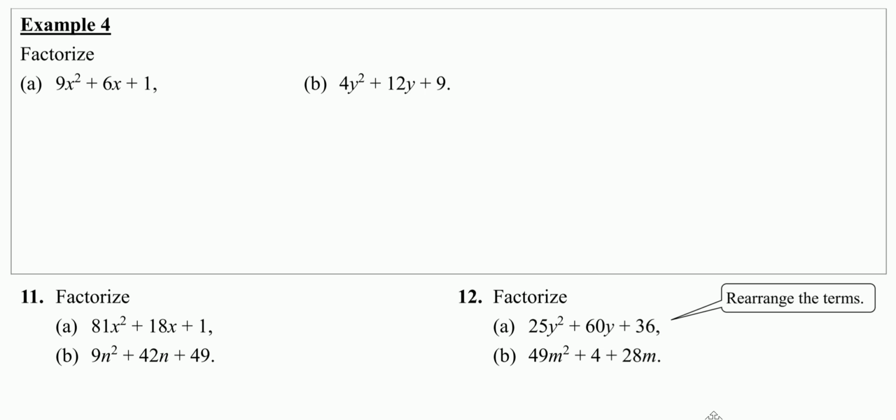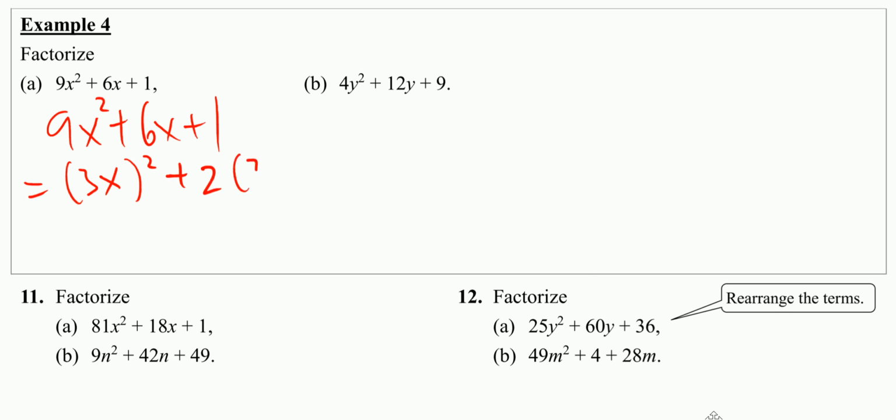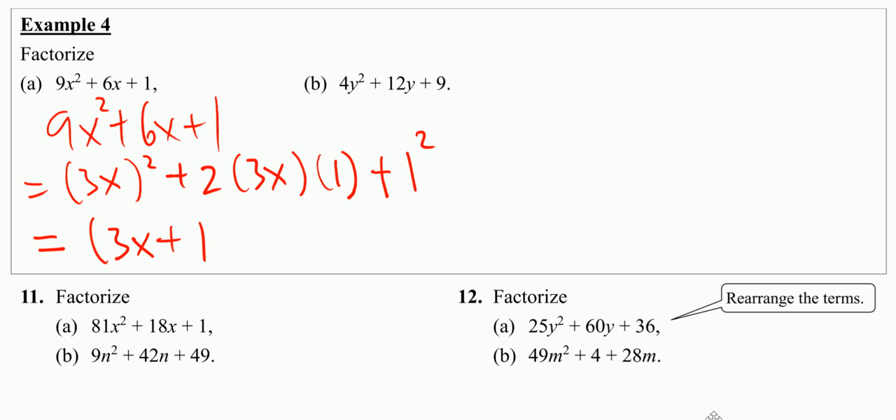If we put in all the things, just copy the question. You know 9x squared is (3x) squared, plus 2 times 3x times 1, plus 1 squared. Then just using the formula, you know the answer is this. And for part B,